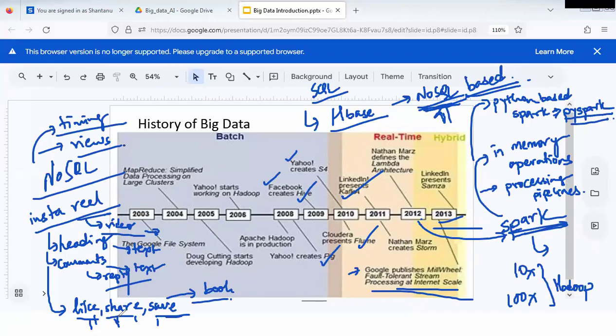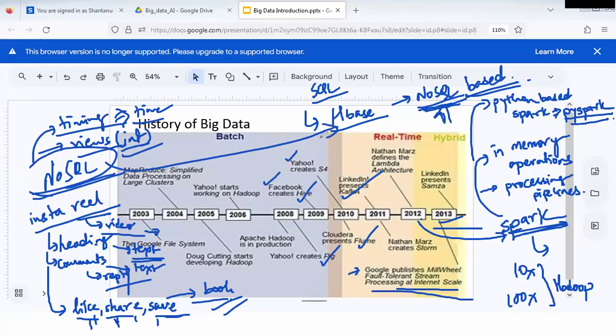So understand, is there any structure? There is text, there is an integer value, views is an integer value, there is a text value, there is a boolean value, like you did share or save or not, there is a time, date and time, so much data with different data types, and that's why we are going to prefer NoSQL when we are talking about big data. And that is one aspect of big data, that the data itself is complicated. We are going to see that. So the point is that